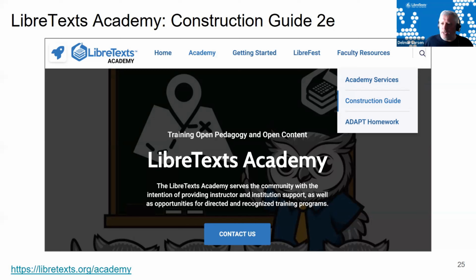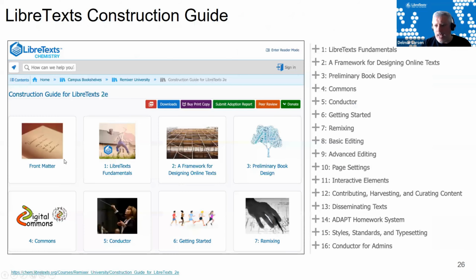If you have an interest in getting professional development to master the LibreVerse, this is one way to go about doing it. Although there are lots of videos and other materials to do it at your leisure independently, sometimes you may want directed assistance for moving things forward, and the Academy is there for that. And Justin Shorb, who's also here, runs that arm for us.